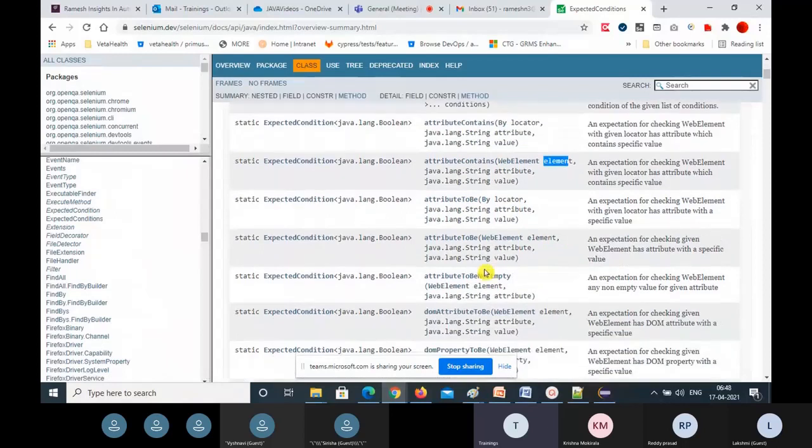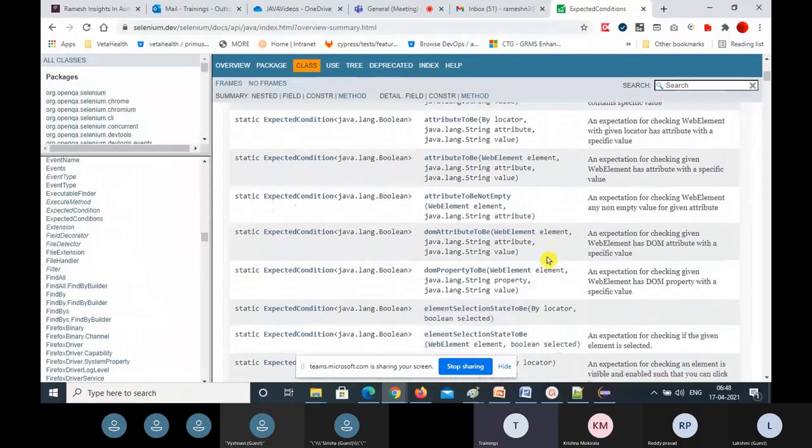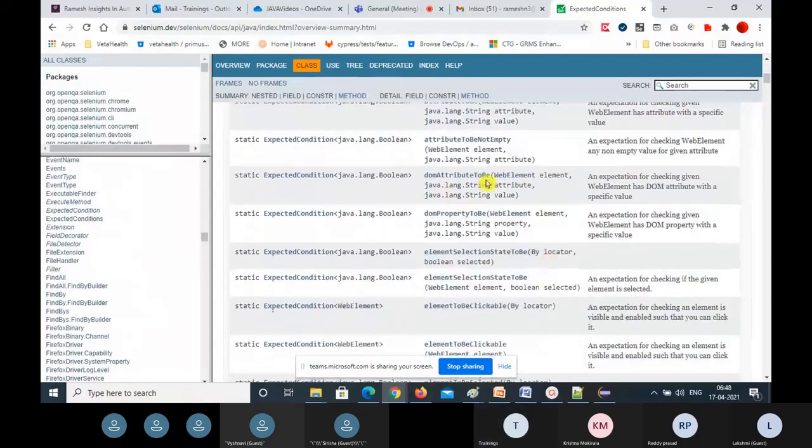You can see the same attributeToBe, attributeToBe: so By locator, WebElement, String attribute, String value. Even though the other parameters are the same, at least one parameter should be different. See that: an expectation for checking that the given web element has an attribute with a specific value. This is also the same. Like this, you have so many methods.